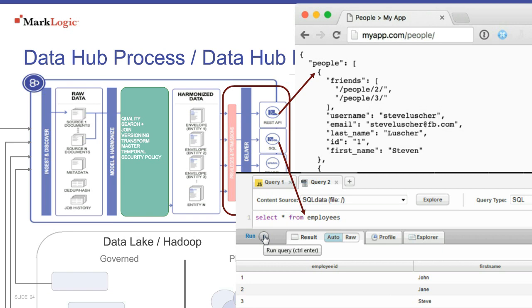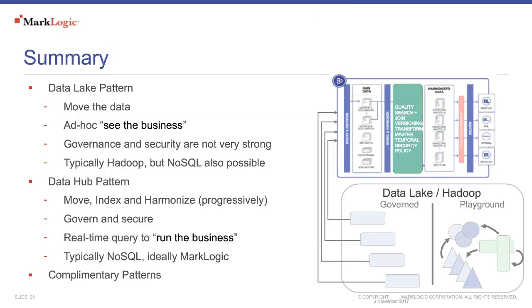Okay, so in summary, we've got the data lake pattern, and then the extension of that, which is the data hub pattern. Data lakes are focused on moving the data to one place, and people struggle to get the value out of